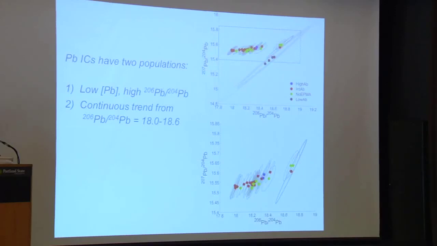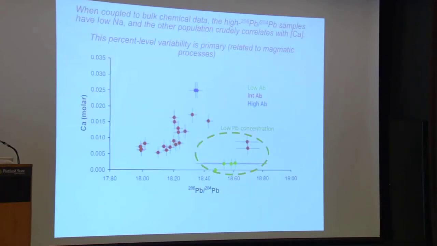There are basically two populations, one with low lead concentrations, that's why the uncertainties are so large, but a more radiogenic composition. And then there's a second population that forms a more or less continuous trend from a 6.4 of 18 to about 18.6. Okay? And then when we relate those directly to chemical data, so these are analyses that have coupled EPMA and lead isotope compositions, the low albite samples tend to be the ones that have these low lead concentrations and highly radiogenic